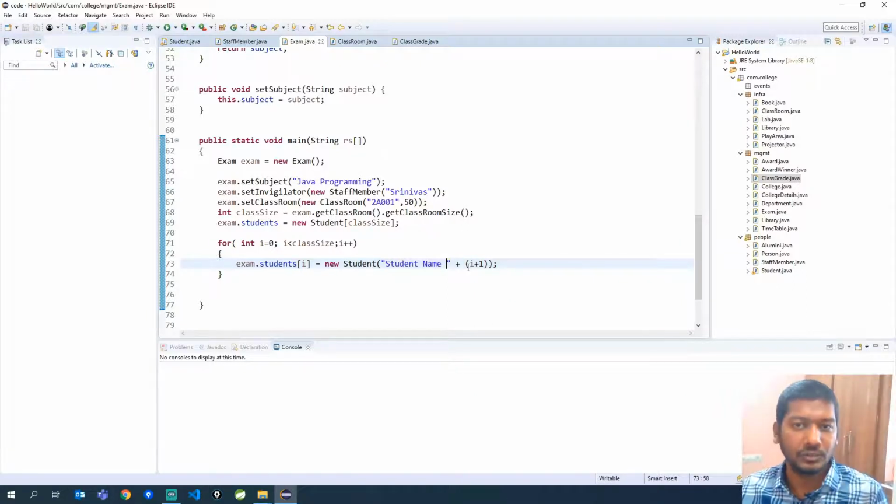When i is 1, the actual value for i + 1 will be 2. So we are declaring or creating objects for each student with different names here. Okay, this is how you can give a running name to a student. In real time, this may not be correct, but for the sake of explaining the for loop, I am showing you how you can run the statements in a for loop. So what is happening here?